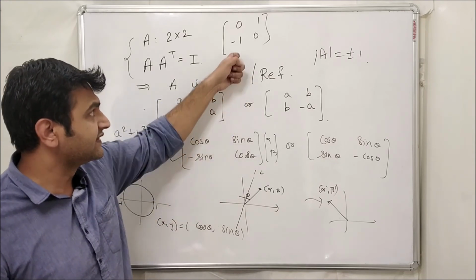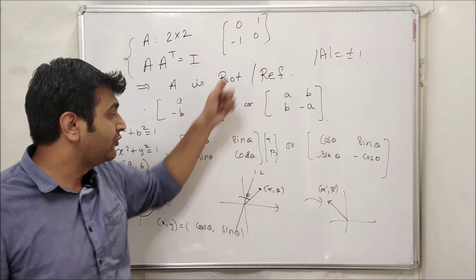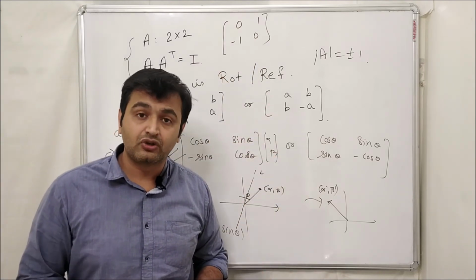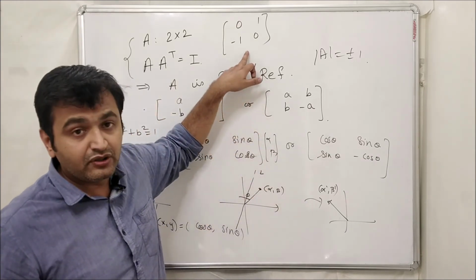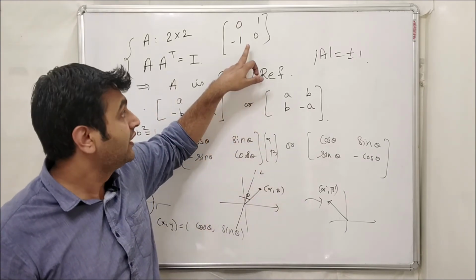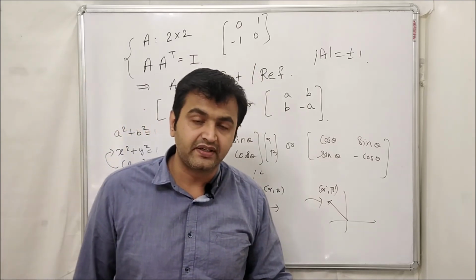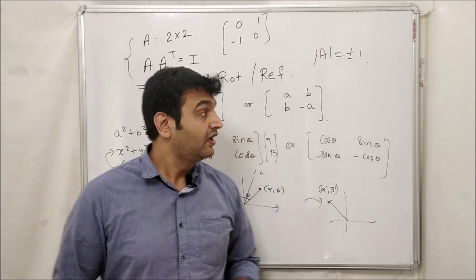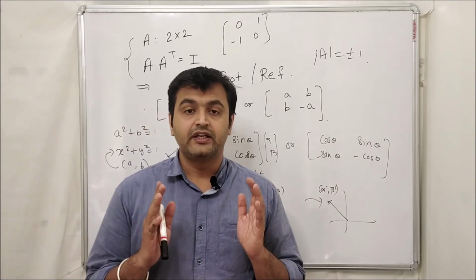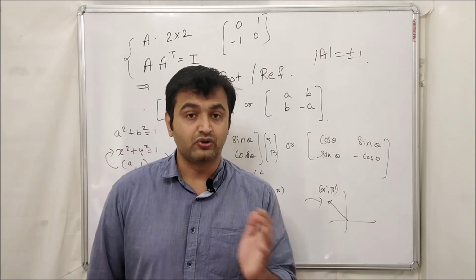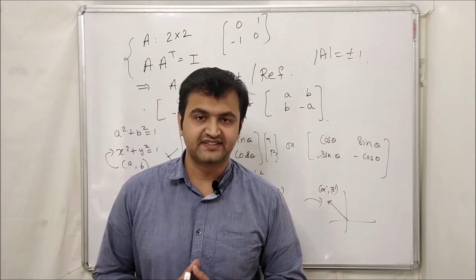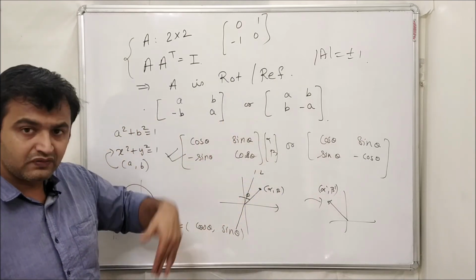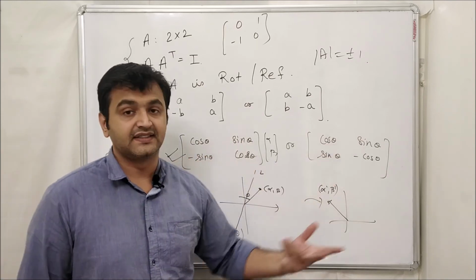But okay, here I could easily guess. Sometimes you might have numbers and you might not know what the theta is. Then how will you guess whether it's a reflection or a rotation matrix? You simply find the determinant of that orthogonal matrix. If the determinant is 1, it's a rotation matrix. And if the determinant is minus 1, it's a reflection matrix. So the conclusion is any 2 cross 2 orthogonal matrix is either a rotation matrix or a reflection matrix. And one more thing, this theta is in anti-clockwise direction. If you go in clockwise direction, you replace your theta by minus theta.